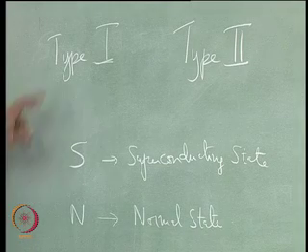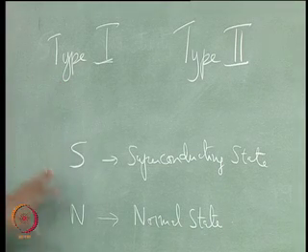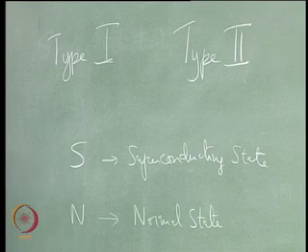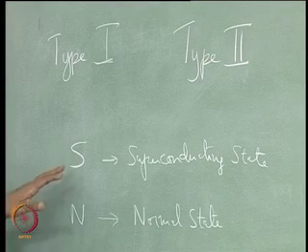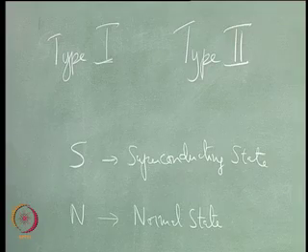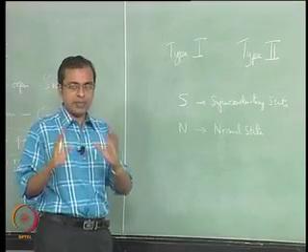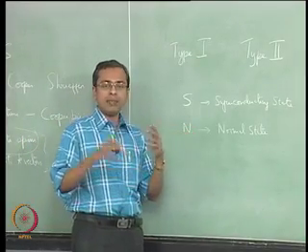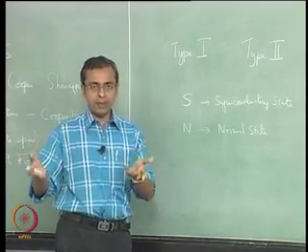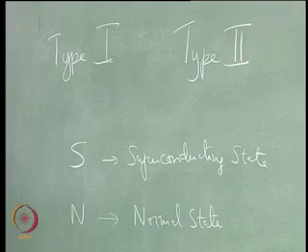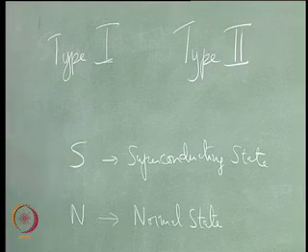In a type 1 superconductor, when you are below the critical field, the entire material is in the superconducting state. So it is only in one state, and when the superconductivity breaks down, it does so abruptly, and the entire material becomes normal. And so the S-N transition